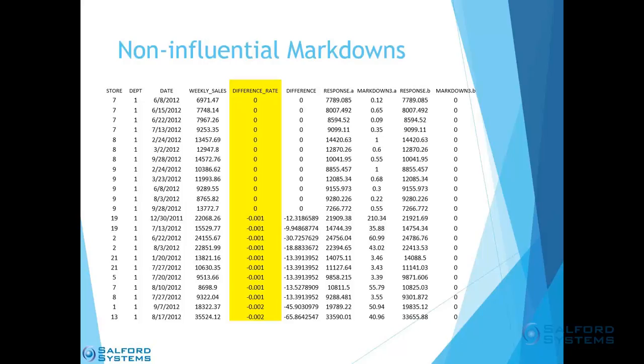Now, if you notice in the Markdown 3A column, these are pretty small values of the markdown. So they might not have been helping because they were at such small values. So the manager can either decide that maybe he should bump these up in the 1,000 to 2,000 range to see if they'll help. Otherwise, he might consider just completely doing away with promoting the markdown at these times of